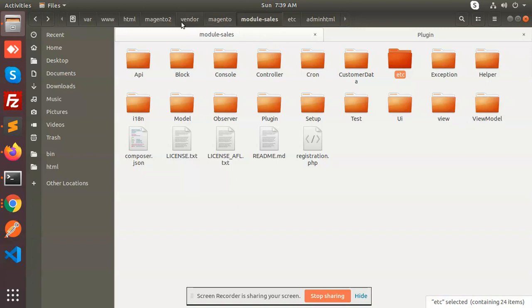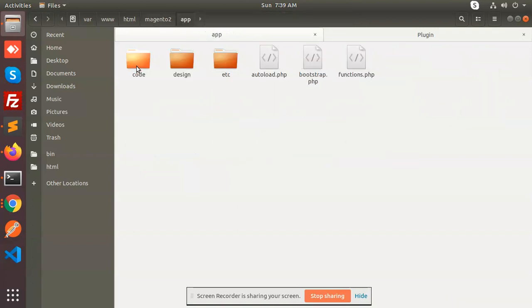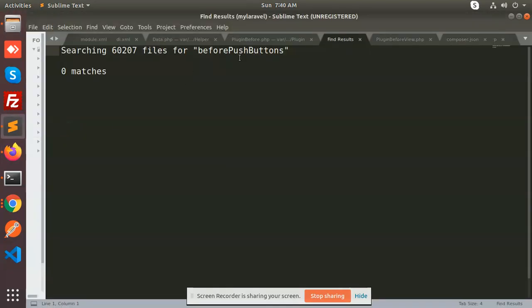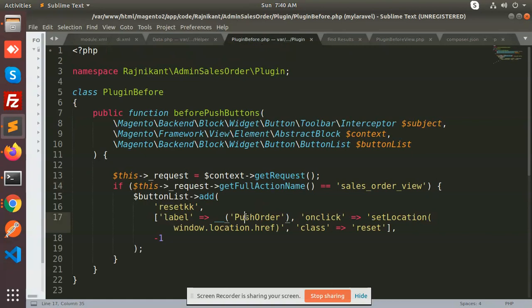Okay, so let's go to our module that we have coded, and we have the two functionalities. Like before plugin method, I have added the push order and window.location.href. You need to set window.location.href, whichever location you can pass it to the controller, you can pass it to another one, because here if you perform the action, then you need to add the controller and do the manipulation over the controller, and whatever data it will return, you can update the data or do something with the data. Okay,